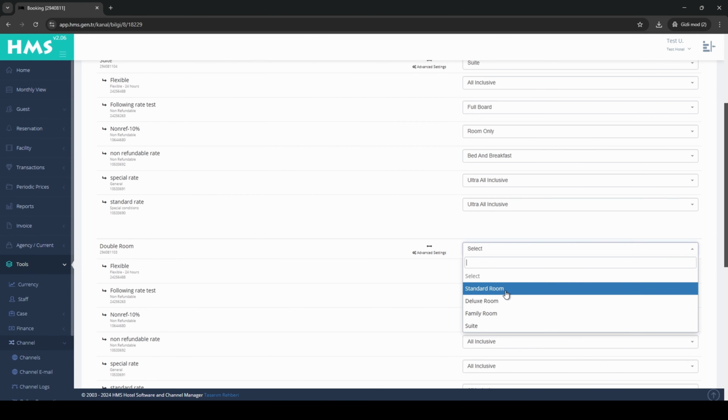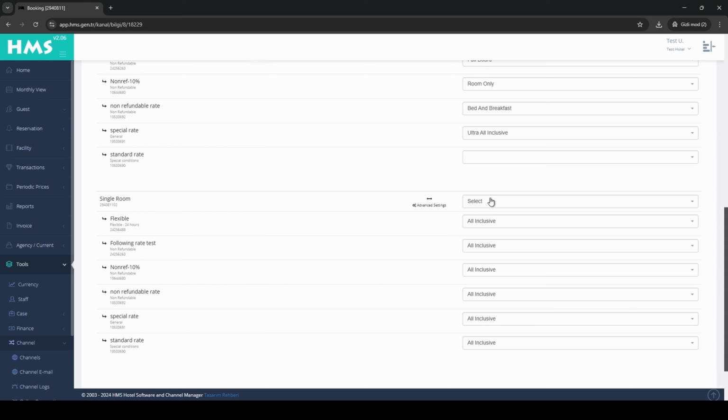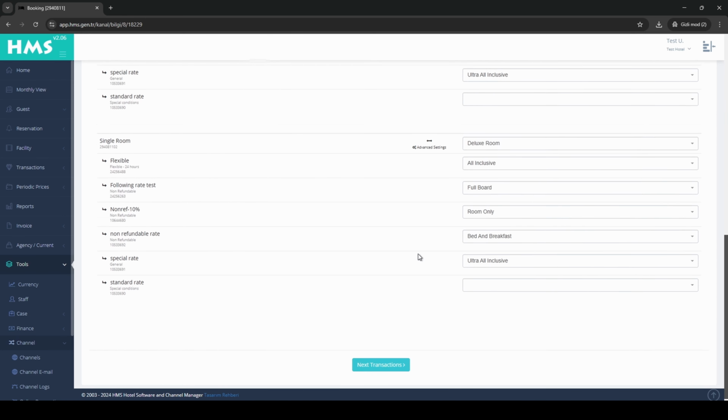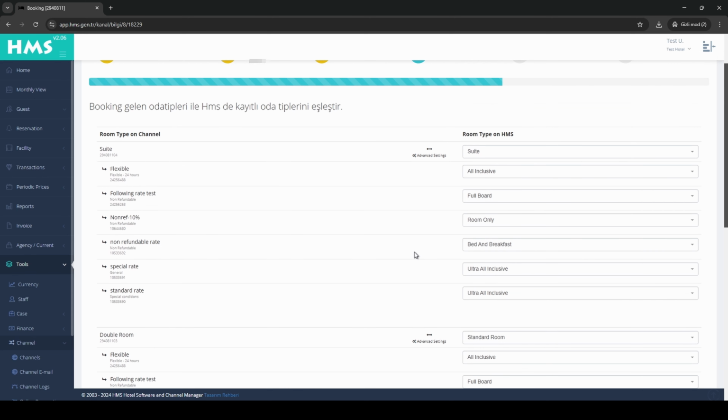We match the rooms from the channel with their corresponding rooms in HMS. Of course, we need to be careful when performing this process and ensure that all room types and price plans are correctly matched. Naturally, you may not want to put all your room types and price plans up for sale. If you wish to make such an adjustment, you can use the Advanced Settings option to configure your room types